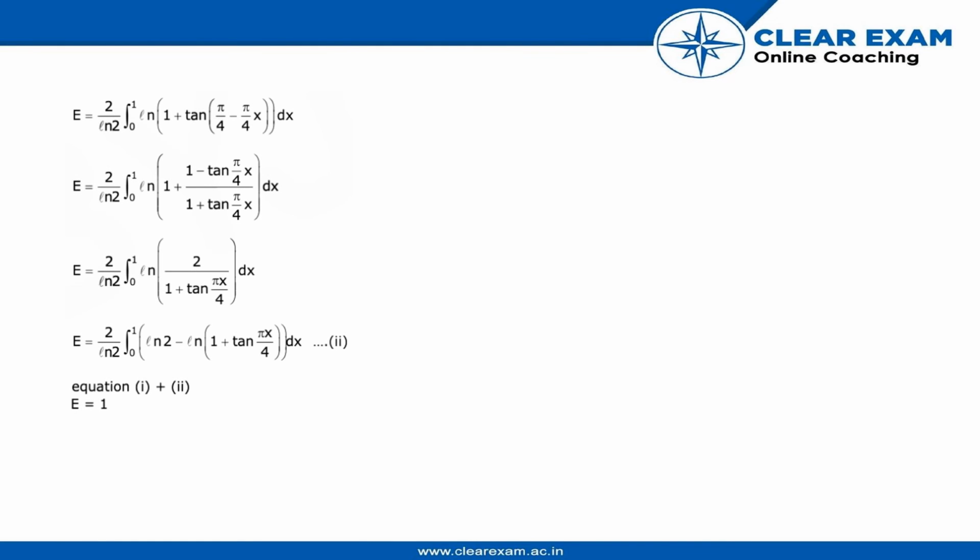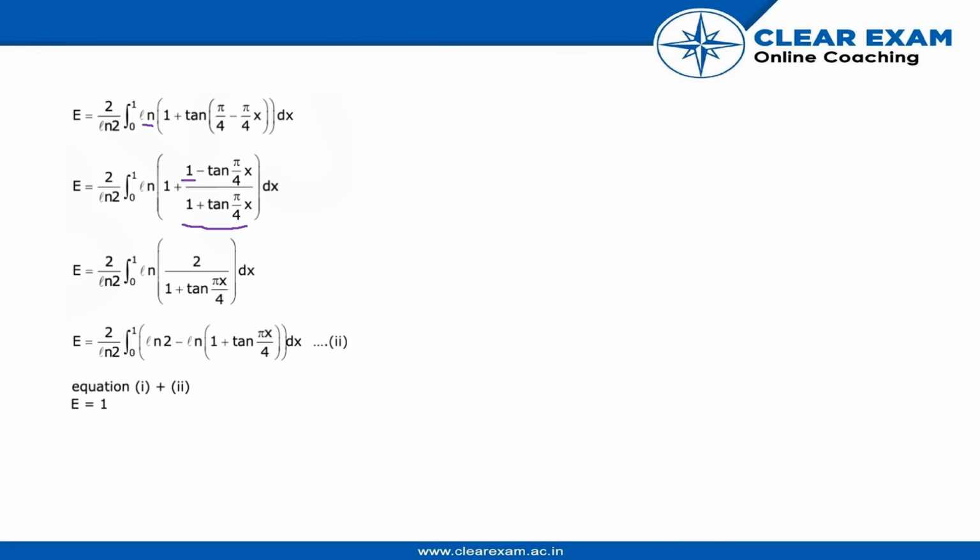And what we do next is we multiply 1 minus x with pi by 4. We get pi by 4 minus pi by 4 x. Then we use the tan a minus b formula, which is tan a, which is tan pi by 4, which is 1, minus tan b, which is tan pi x by 4, upon 1 plus tan a tan b, which is 1 plus tan pi by 4 into tan of pi x by 4. Tan pi by 4 is 1, so we don't write it specially. So this is the case that we get.